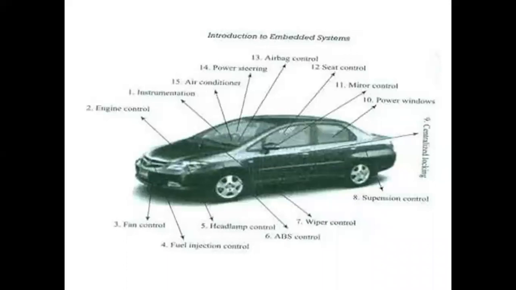So the number of embedded controllers in an ordinary vehicle varies from 20 to 40, whereas a luxury vehicle like Mercedes and BMW 7 may contain over 100 embedded controllers. So yes, in this diagram they have given only a few embedded controllers in this car, whereas if you go to top end cars like Mercedes, we're going to see around 70 to 100 embedded controllers. So the first embedded system used in automotive application was the microprocessor based fuel injection system introduced by Volkswagen in 1968.